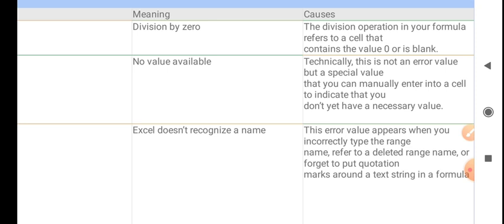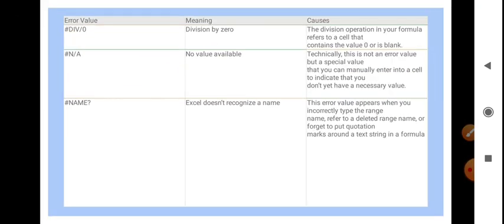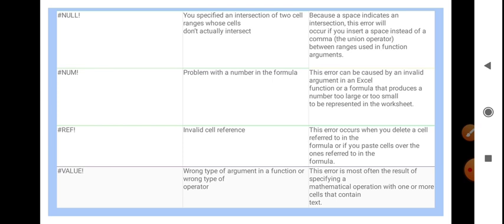This error value appears when you incorrectly type the range name, or make a mistake while selecting the range, selecting the wrong one. Then you will get this error. Next is #NULL, an invalid range operator used by the user.